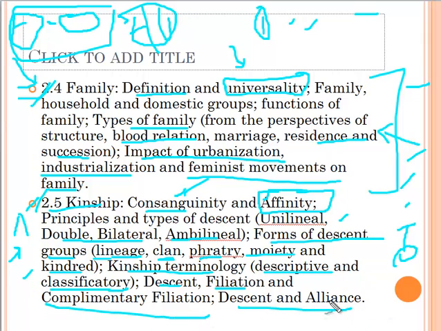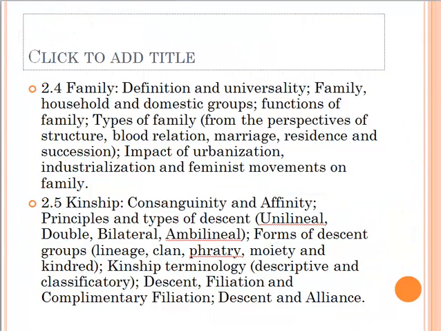what is the alliance theory, how people group together, and what is the relationship with the types of descent and forms of descent and all those things. All these things we will learn in chapter 2.5. This is a very easy chapter and very interesting also. Okay, then coming on